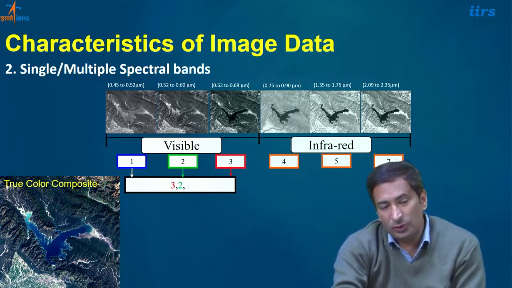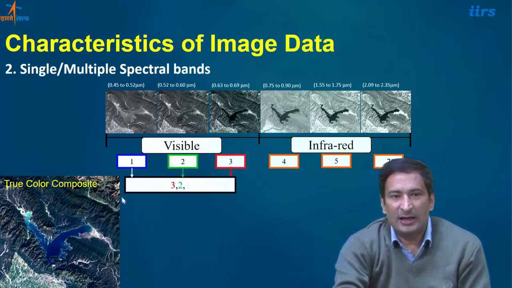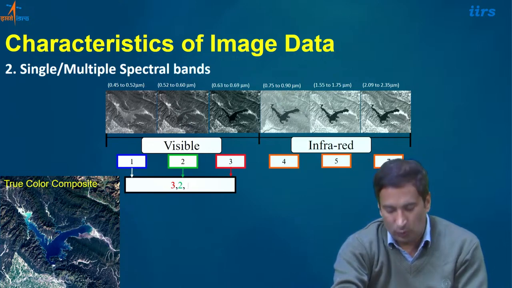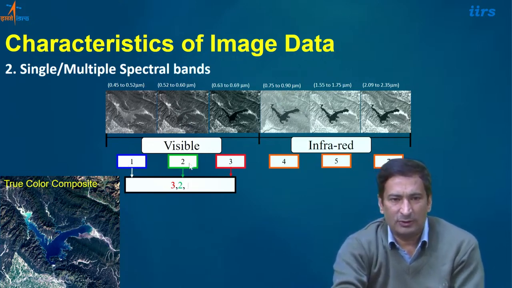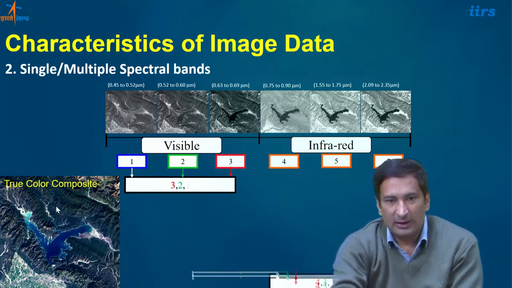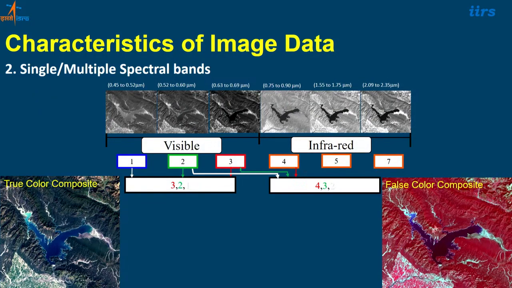Okay, now using these bands you can create a composite of the images. If you can see, I have taken 3 bands, 1, 2 and 3 from this Landsat. I have created one true color composite. The basic bands I am taking are like photograph bands only, red, green and blue, and I am able to get this true color composite. Similarly, if I take 432, I will get a false color composite here. Now if you can see here, the red portion is all vegetation, whereas this black portion is a water body. So they have their own scientific use, these color composites.